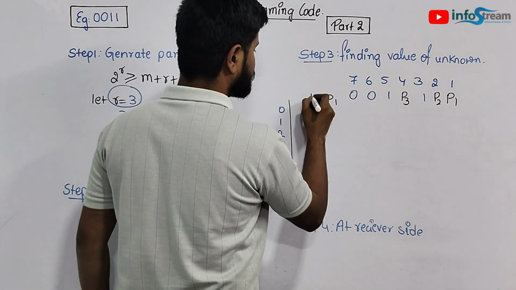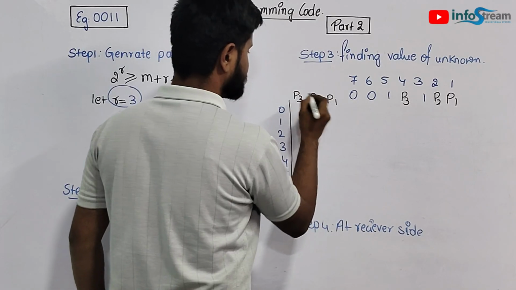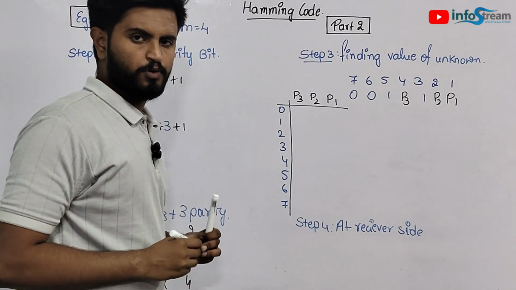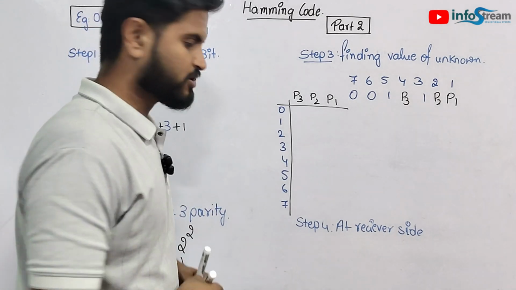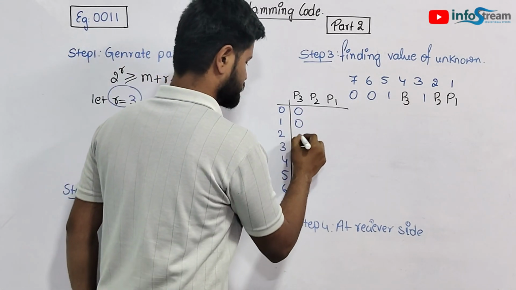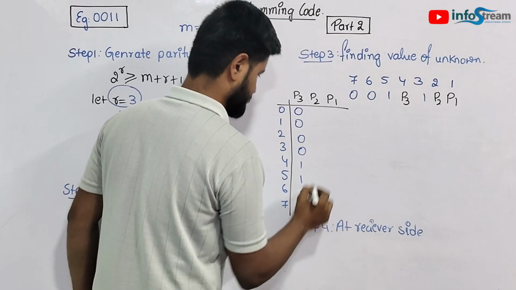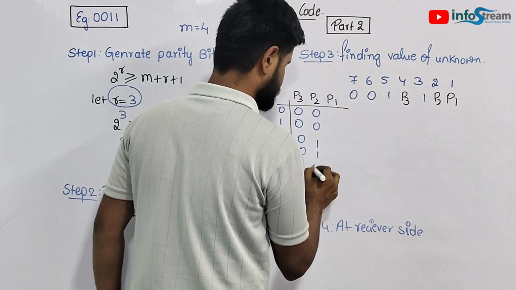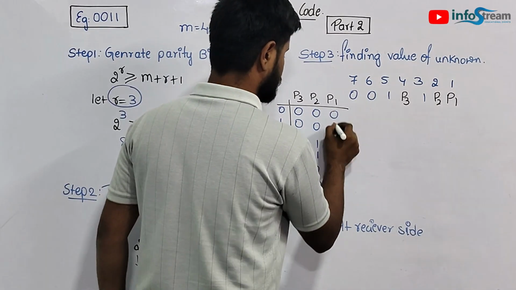P1, next is P2, and the third one is P3. So now let's write the possible combination. What will be the possible combination? So 0 0 0 0 1 1 1 1, 0 0 1 1 0 0 1 1, 0 1 0